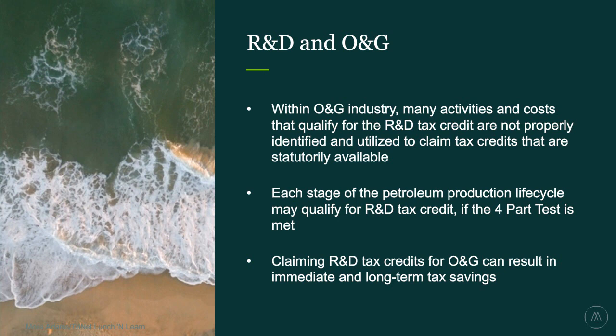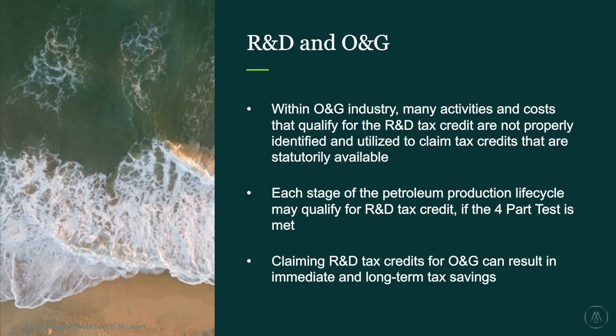So within the oil and gas industry, there are many activities and costs that can qualify for the R&D tax credit that are usually not properly identified or utilized. Each stage in the petroleum production life cycle may qualify, as long as that 4-part test that Dawn mentioned is met. That test being a newer, improved process or a business component, as we call it, a product,